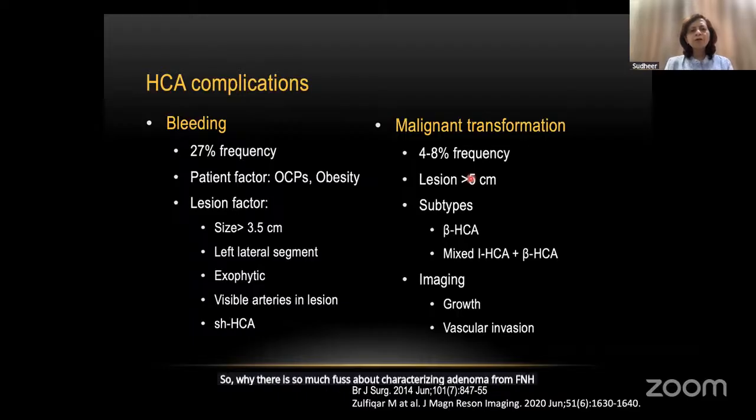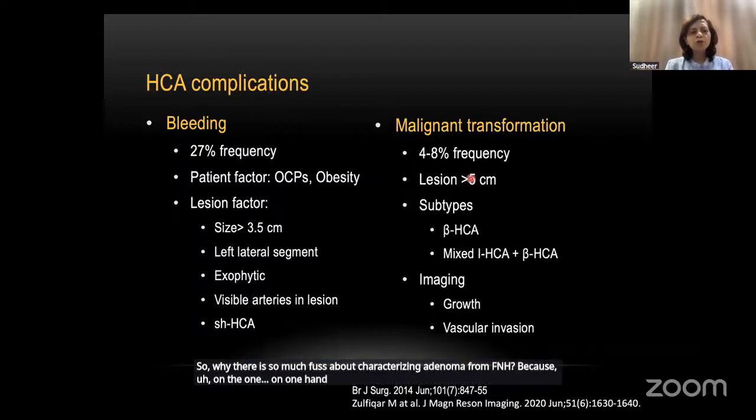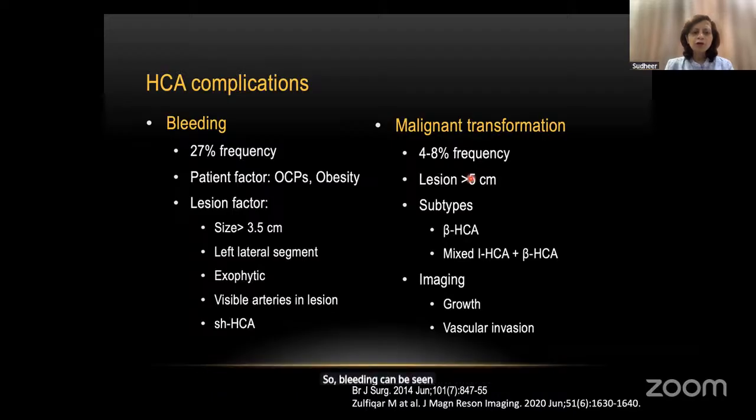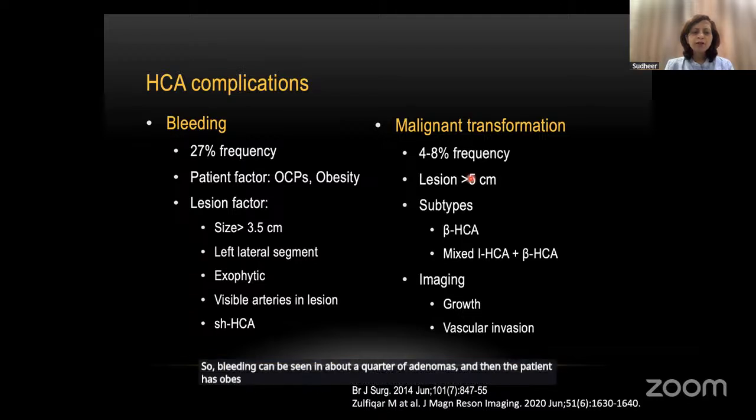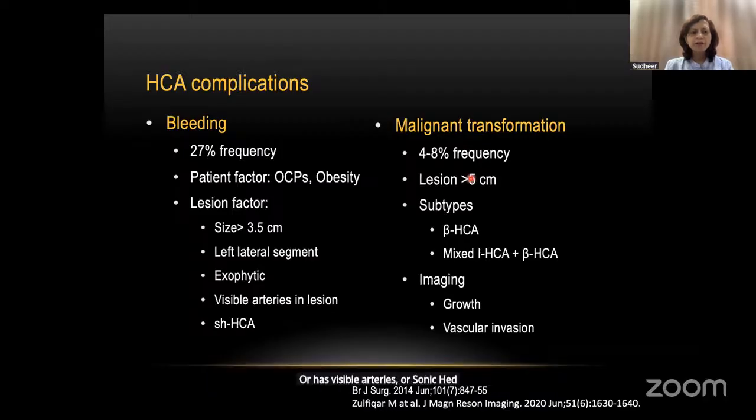Because on one hand, FNH is a totally innocuous lesion, does not usually cause any problem once properly diagnosed, while adenoma may be associated with bleeding and malignant transformation. So bleeding can be seen in about a quarter of adenomas. And when the patient has obesity or is taking OCPs, or the lesion size is more than 3.5 centimeter, lesion is in the left lateral segment, exophytic, or has visible arteries or sonic hedgehog variant, then there is a higher risk